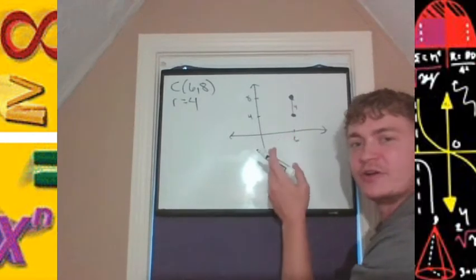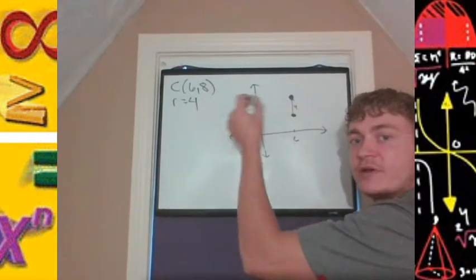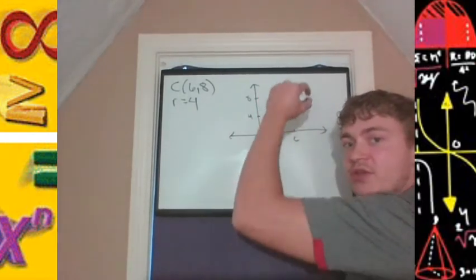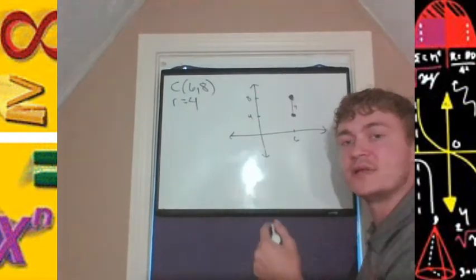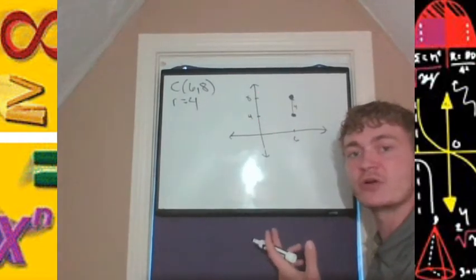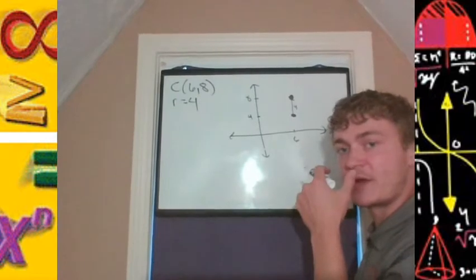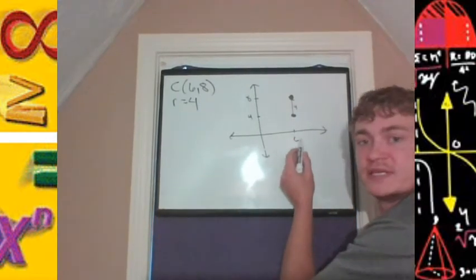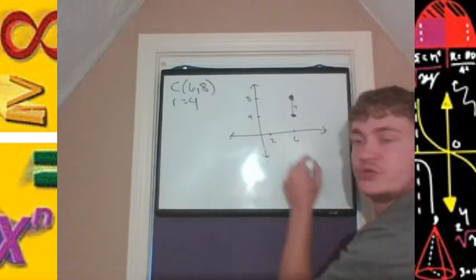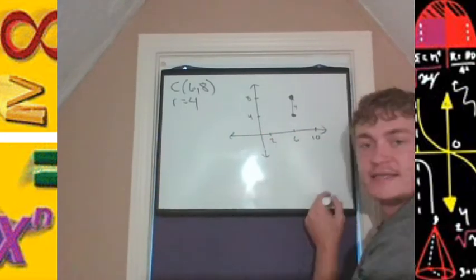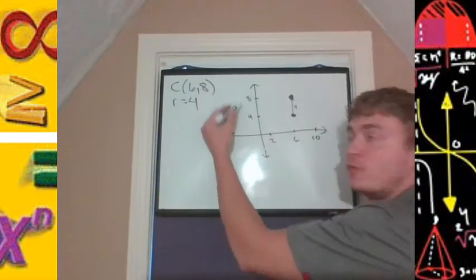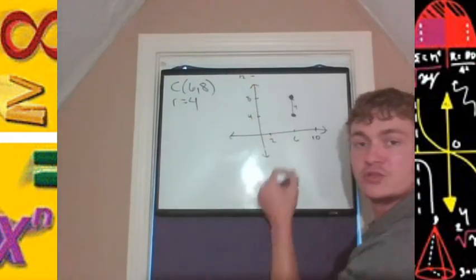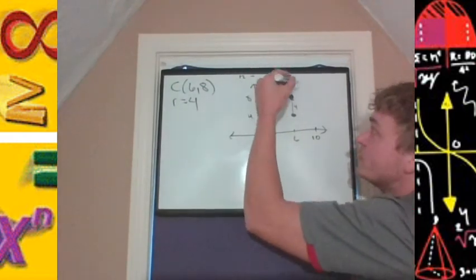To get an accurate depiction, what I like to do is I create a cross so that I then try to connect all 4 points on the outside using a smooth curve that represents a circle. Now the drawing might be off a bit, but we're doing the best we can. 4 units from 6 would be 2 and 10. 4 units from 8 would be 4 and 12. So extending this 4 units,